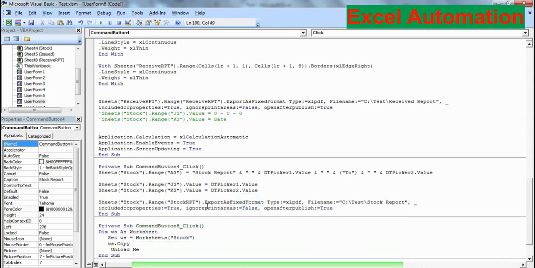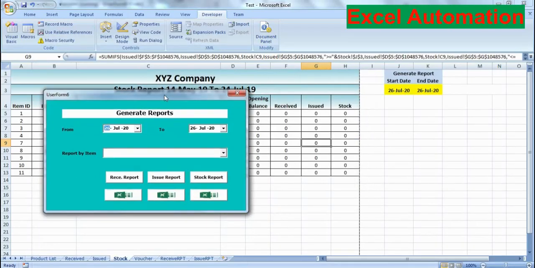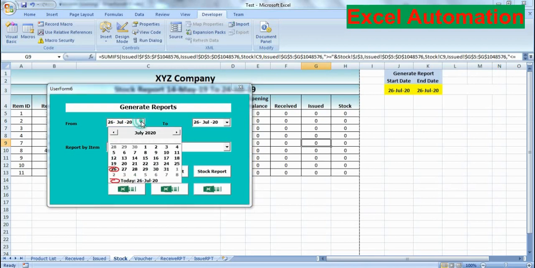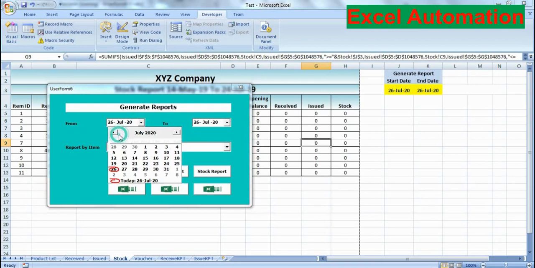So let's check, is it working fine? Right now you can see there is 000, no value showing in these two columns, because our data was entered before these dates, okay, 26 July. So I'll keep 26 July the same, but the start date I will select from 1st May.